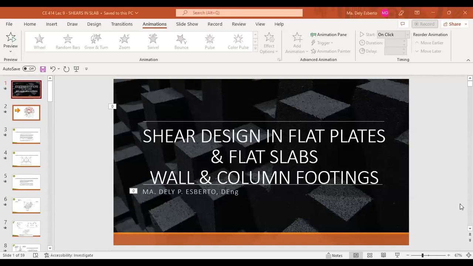So ang topic natin ngayon is we have part 1 and part 2. So for part 1, we have shear design in flat plates and flat slabs. And for part 2, we have wall and column footings. So for part 1,